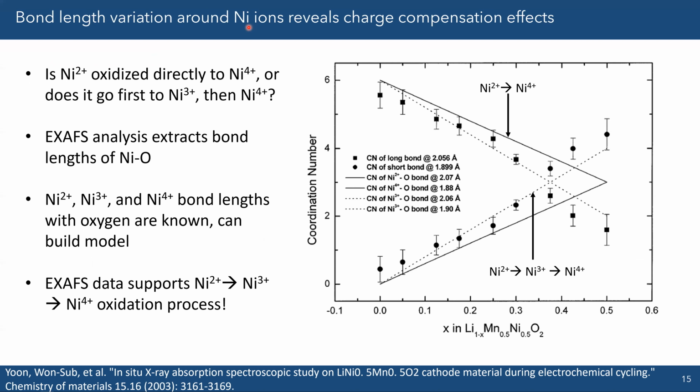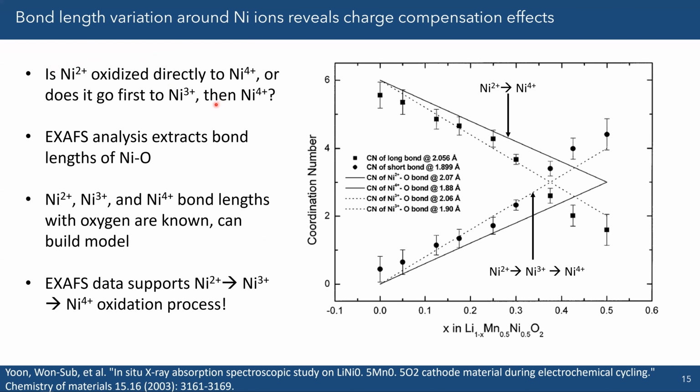And what I mean by that is that when nickel 2+ is oxidized to nickel 4+, how is it actually oxidized? Is it oxidized in one step from nickel 2+ directly to nickel 4+, or does it go from nickel 2+ to 3+ to 4+ instead? And what they did was, first, you can model how you expect the bond lengths to change